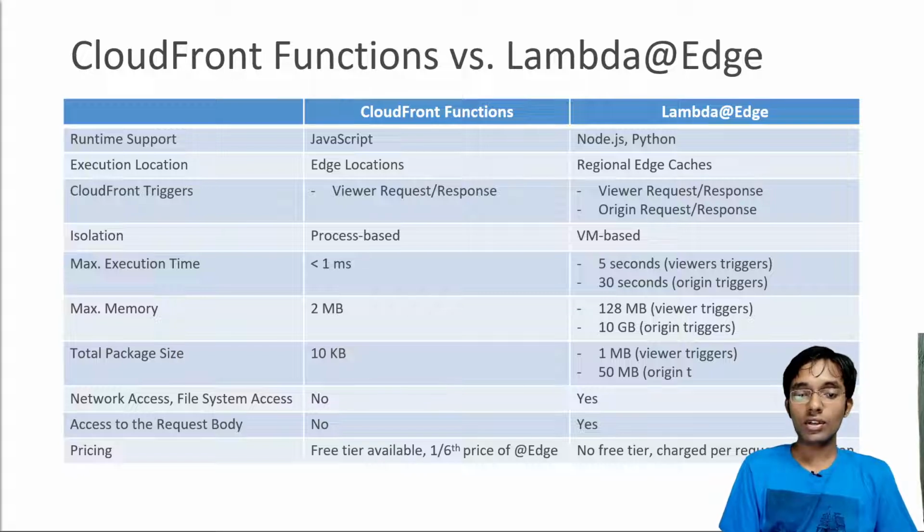The CloudFront triggers are going to be viewer request and response functions, and all of them for the Lambda@Edge. The isolation is process based versus virtual machine based, and now the max execution time is what I think is the most important thing. You only get 1 millisecond to execute your CloudFront functions, 1 millisecond, and therefore they must be very quick and very simple, whereas with Lambda@Edge you get 5 seconds of runtime,